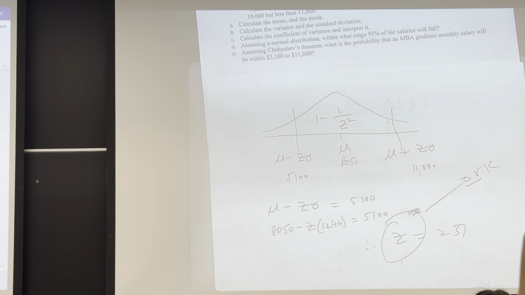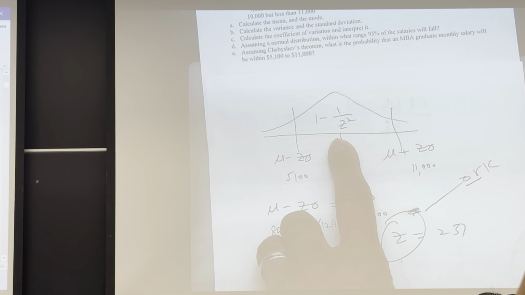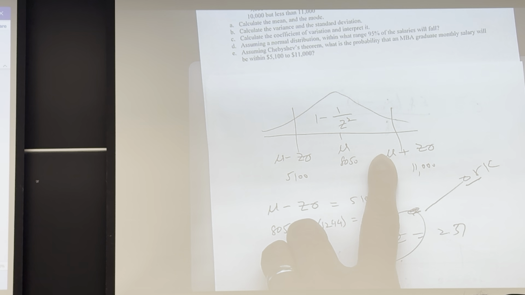Now, what is your conclusion? According to Chebyshev's theorem, 1 minus 1 over Z squared, Z could be K, they're different notations for the same thing. So 1 minus 1 over Z squared of all the values will fall within Z standard deviations of the mean. When I look at this, I am getting 82.20%. So your answer is going to be that there is 82.20% probability that the average salary,